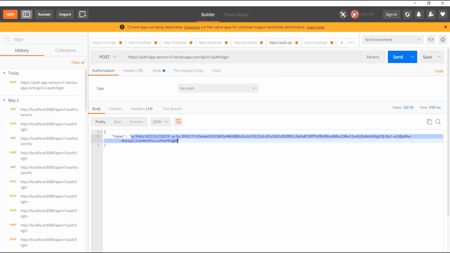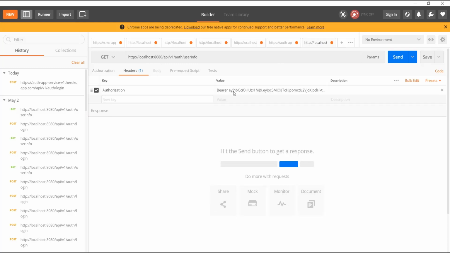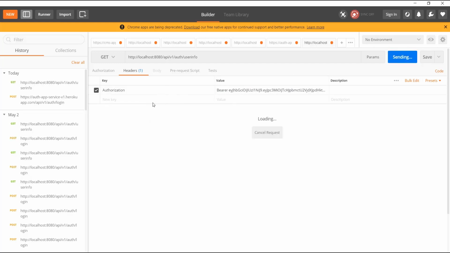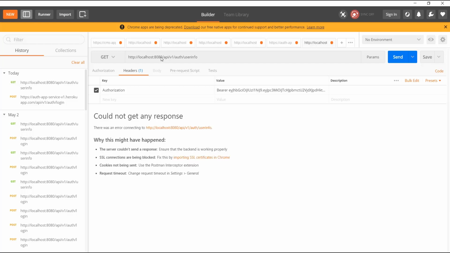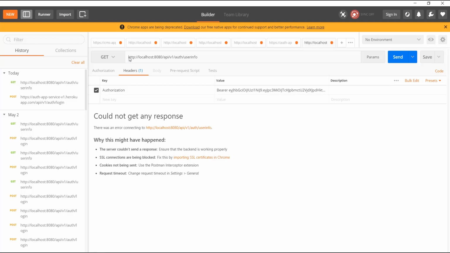Let's copy this token also. Go to the headers. Here we can give the token, so we can get the user info. We didn't change the context path. The domain URL we have copied here, and let's paste it also.